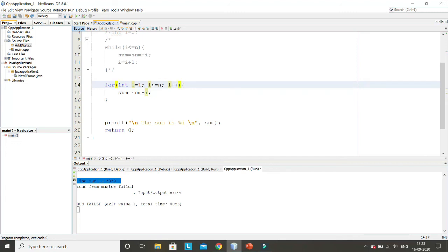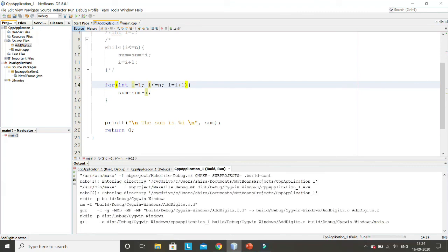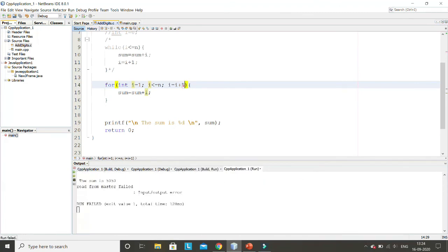So here it is very important that you increment this I every time. If we don't increment it, if we write here I equal to I, it is not wrong, but you are not incrementing I, so the terminating condition is never reached. Every time it will repeat again, it will loop indefinitely and never end. And as I said, instead of writing I plus plus here, you can also write I equal to I plus 1. Both are the same thing, and both are correct. You run the code, see, you will get the result also. Both are exactly the same thing.